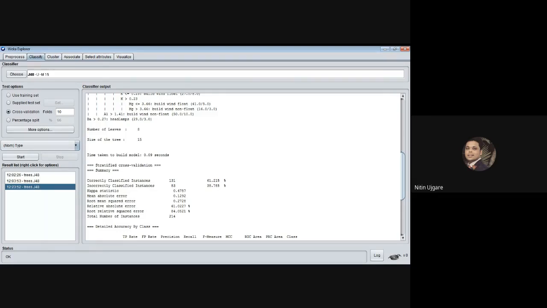So is this new window visible to all? Someone can inform me in the chat box. The new window is visible. Okay, Utkarsh is saying it's visible.